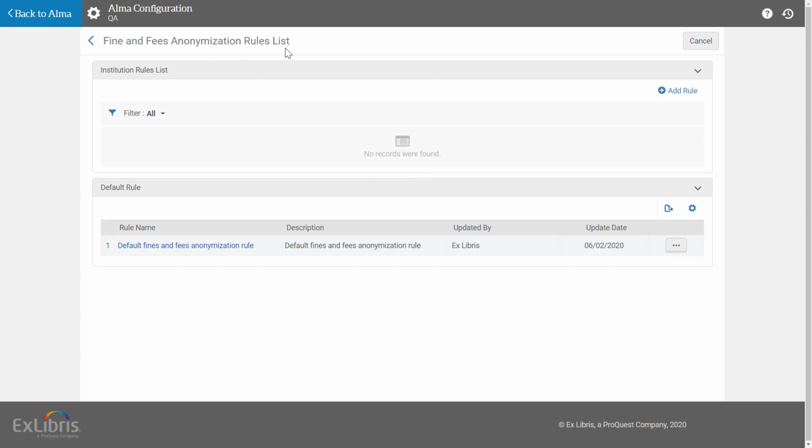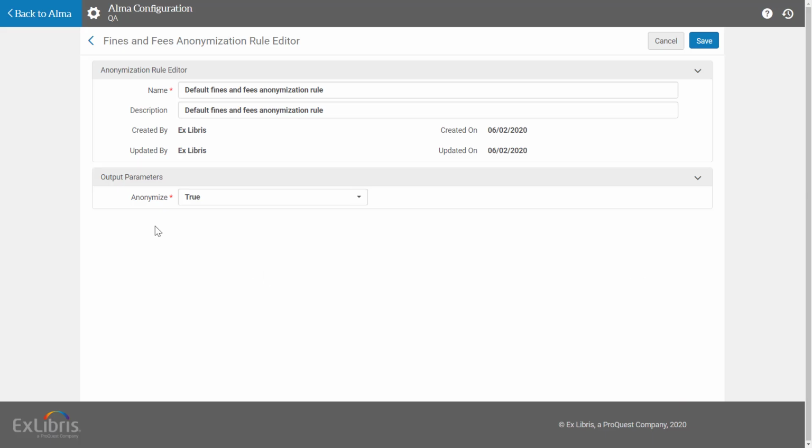Here is the anonymization rules list for fines and fees. Currently, we have one rule here, which is the default. Click Edit to see what it does. This rule has only an output parameter of anonymize equals true, which means all closed fines and fees will be anonymized. If you want only a specific subset of closed fines and fees to be anonymized, for example, to anonymize fines and fees only after 10 days have passed since closing, then set the default rule to false, save, and